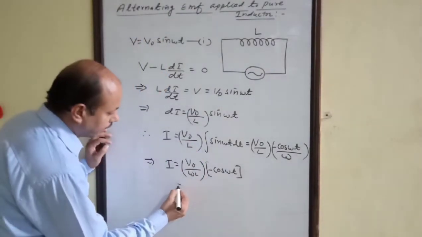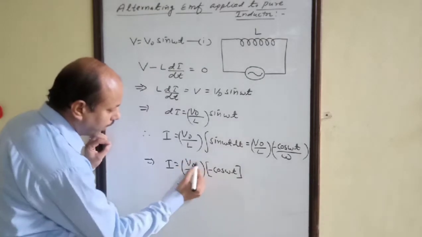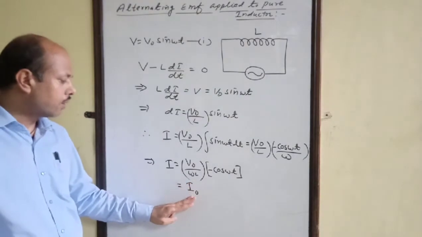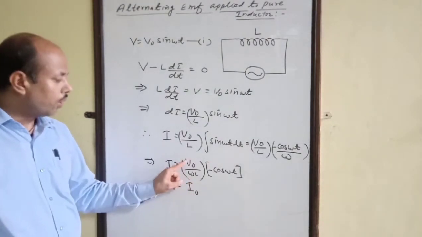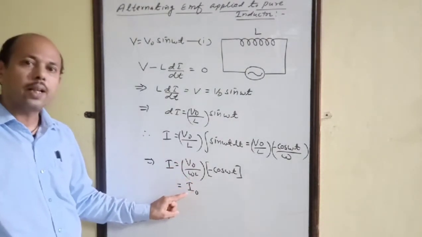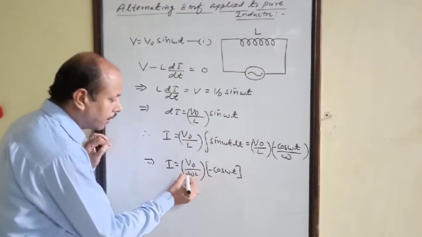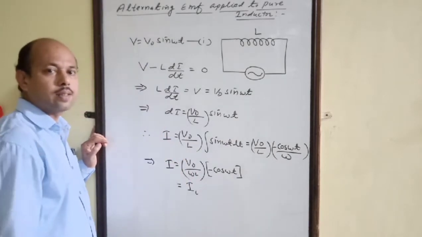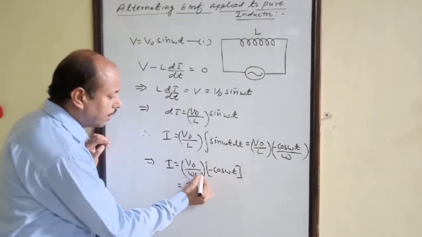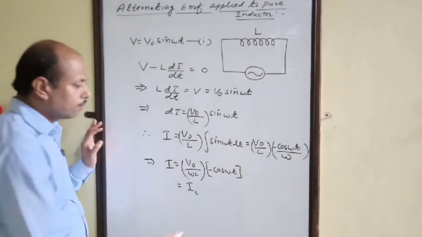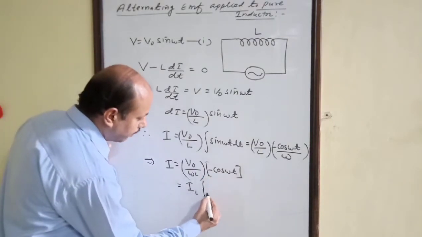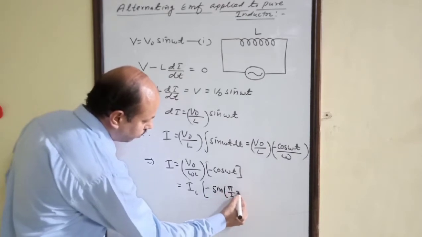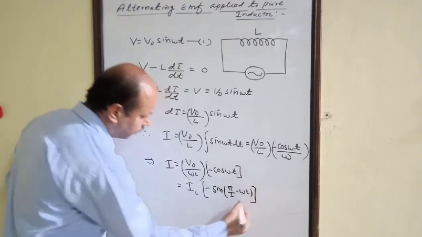Therefore, I am writing it as V naught by omega L, which we can write as I naught. Just as in the previous class for the capacitor we wrote V naught by omega L, here we are writing I naught. This quantity will have the dimensions of resistance, and this quantity is known as inductive reactance. Minus cos omega t, I am writing as minus sine pi by 2 minus omega t,